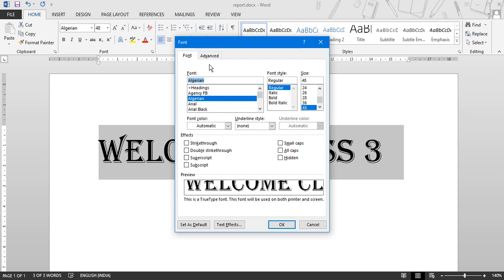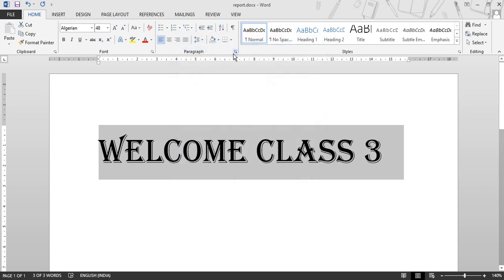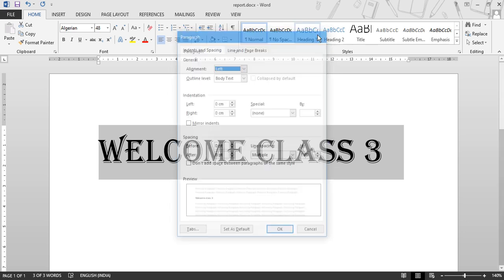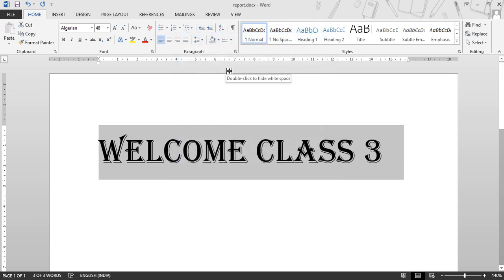With the help of this, you can apply various font formattings on your text. Similarly, if you click on this paragraph icon, here we have the Paragraph group. You can apply different formatting like indentation, spacing, space between the lines, space between the paragraphs. All these formattings you can do with the help of this dialog box.